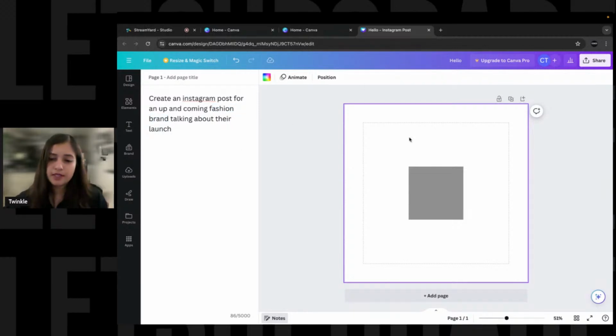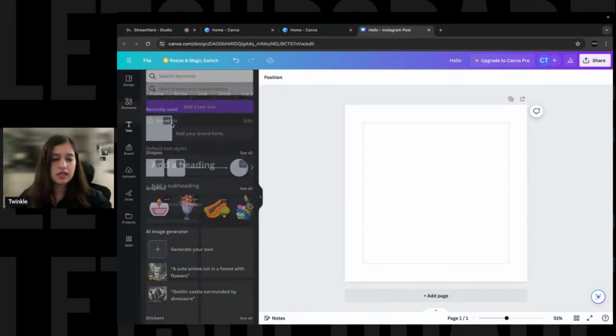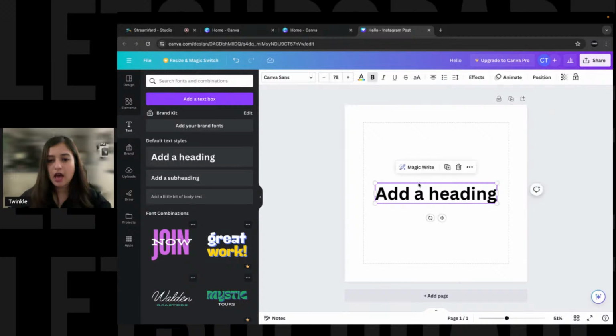So keeping that in mind, I need to be able to kind of create a wireframe of whatever design that I'm trying to make over here, right? So how are we gonna do that? I am just gonna quickly head to text. I'm gonna add a heading. And so again, you don't really need to be a content writer to kind of write the copy. For example, I want to write something like